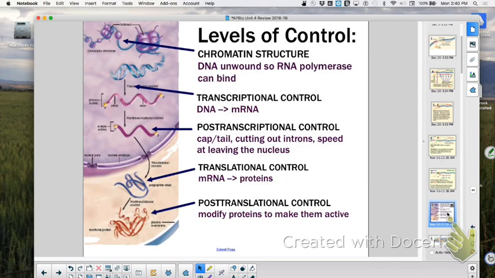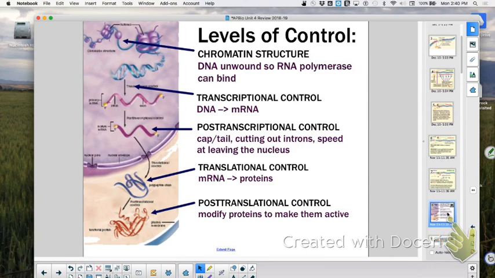What was our example of heterochromatin? Bar bodies. Yes, bar bodies, exactly. Okay, and what are bar bodies? The inactive X chromosomes. Do men, biological males, generally have a bar body? No. Who does? Females. Yeah, biological females have a bar body because we are a mosaic, because we have two X chromosomes, and in every one of our cells, one of the X's will condense. All right so far? All right, then what's the next level of control?